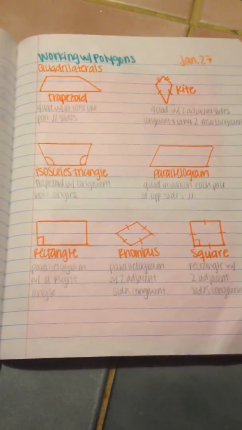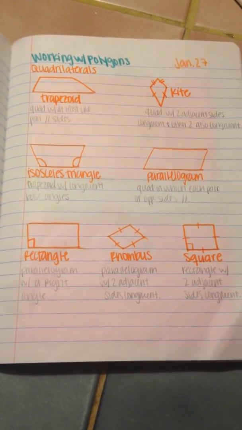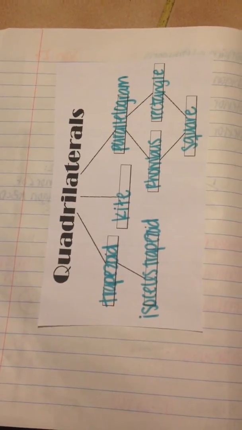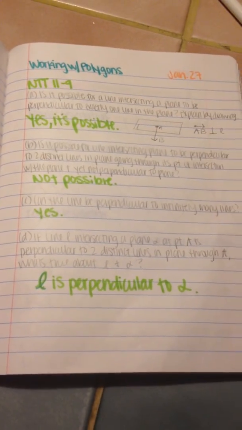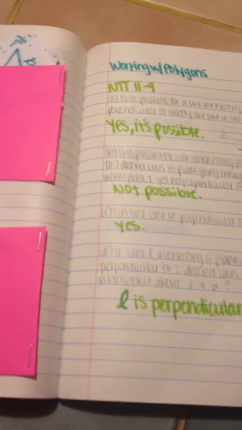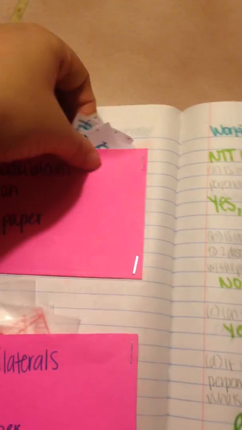Now I have quadrilaterals, illustrated and defined, and then the quadrilateral worksheet. Now try this 11-4. Along with the quadrilateral on dot paper,